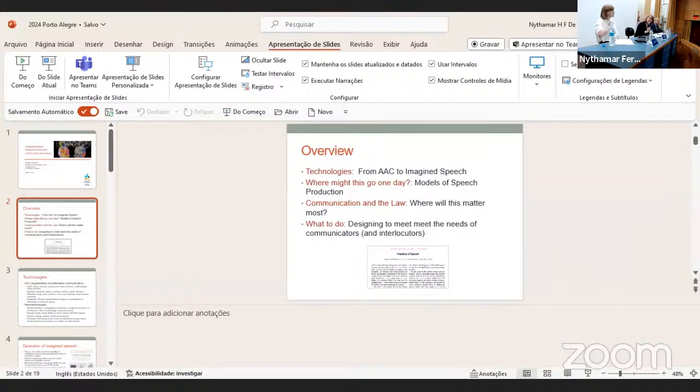And I put a little, it's probably a little bit hard for you to see, but this is a screenshot of an article published in the New England Journal of Medicine commenting on a recent paper, which I'll come to in a moment. And the title is Freedom of Speech, and this is being published by scientists who are identifying in particular the social and human rights significance of these developments, right there in the title.